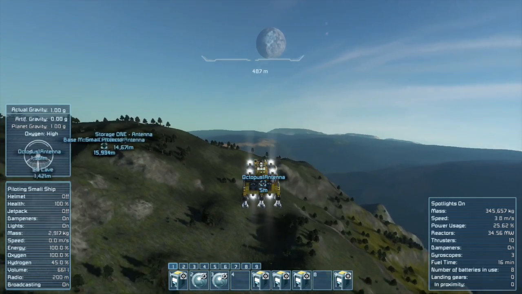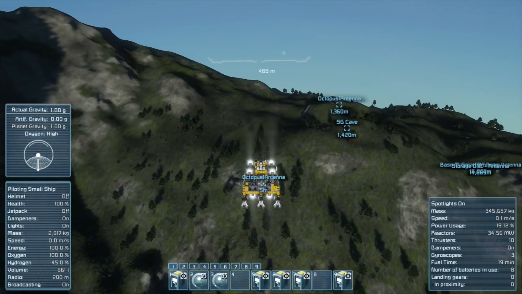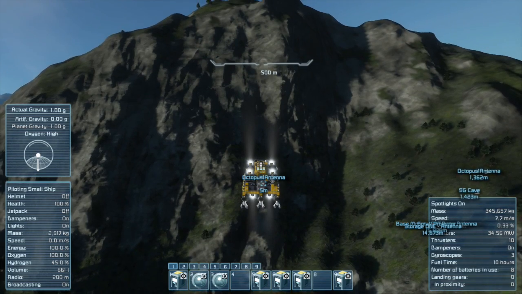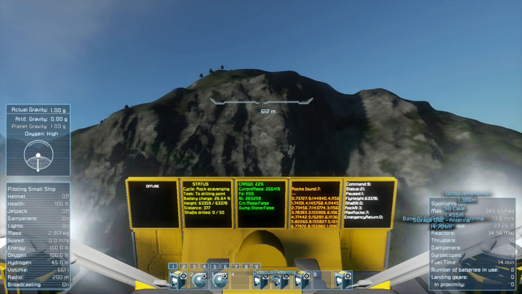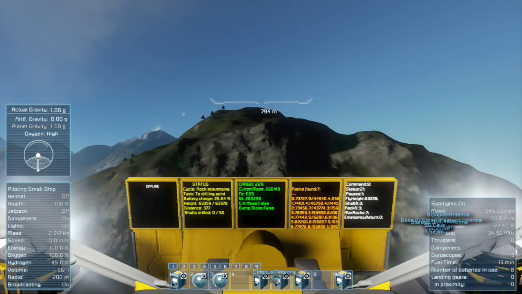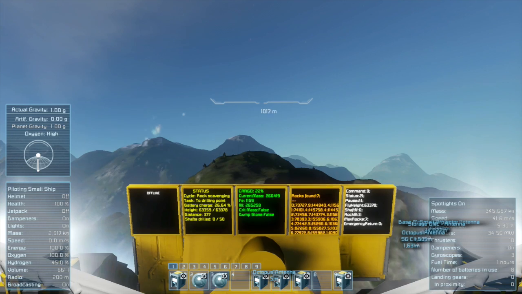Okay, well, let's check the altitude. See, it's only giving me the altitude of me right now. It doesn't give me the world altitude. Does it? No, it's only telling me what's under me. So if I get above this and head back towards the base,